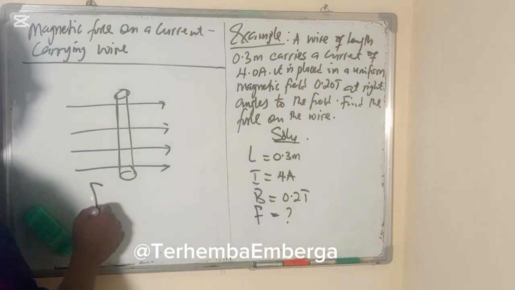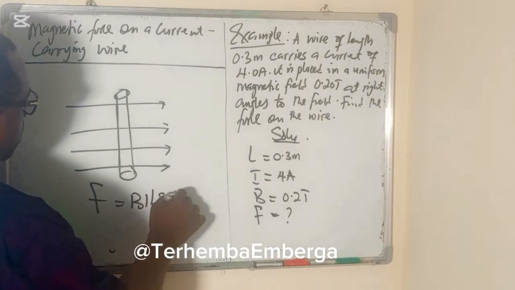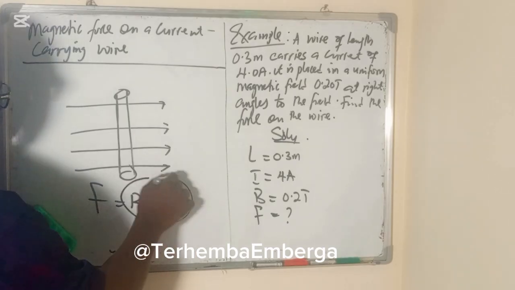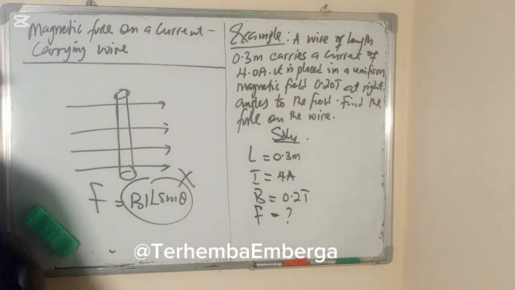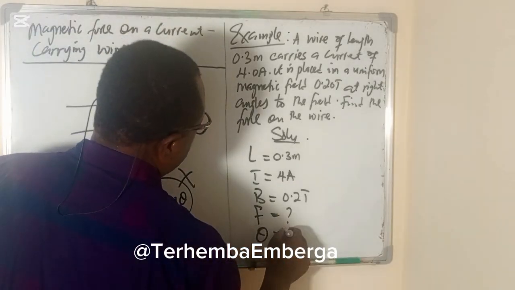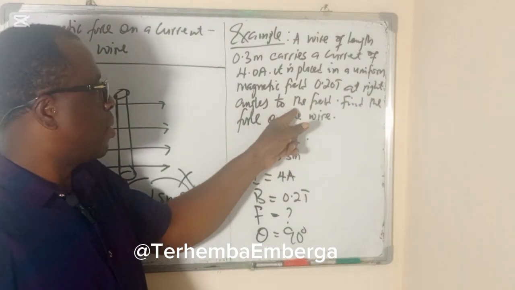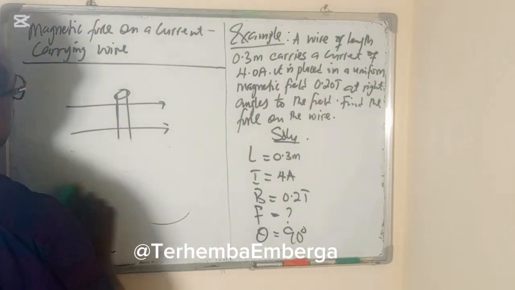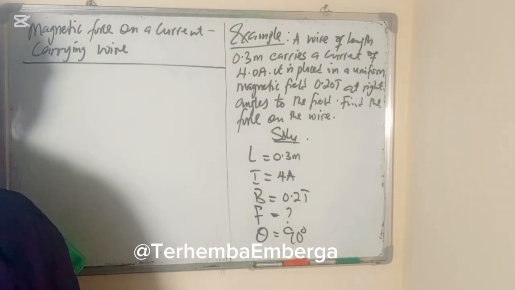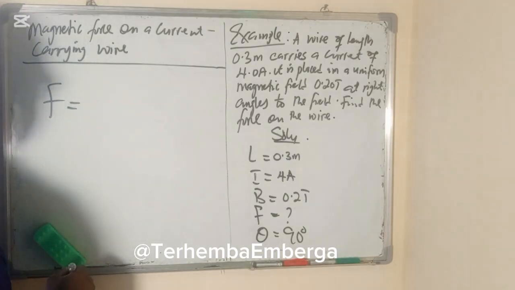And from this formula, F is equal to B I L sine theta. If theta is 0, the whole of this becomes 0. But in this case, we know that theta is equal to 90 degrees because it is at right angle to the field. So in this case, we now appeal that F is equal to